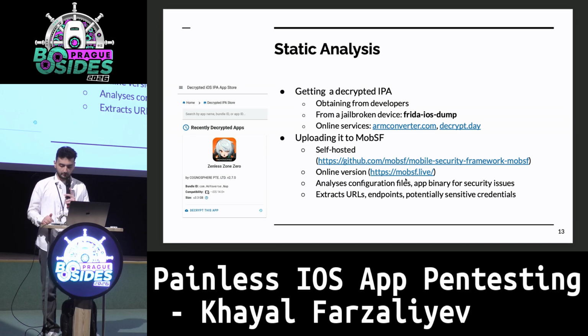And if these options don't work for you, there are online services, sites like armconverter.com, decrypt.day. These maintain libraries of already decrypted IPA files for popular App Store apps. Okay, let's say you managed to get a decrypted IPA file. The next step is to run it through a tool called MobSF,